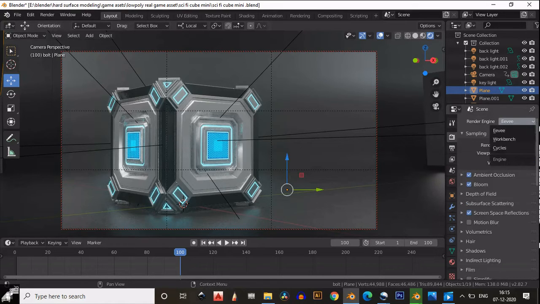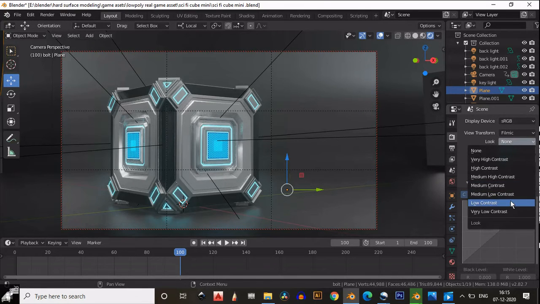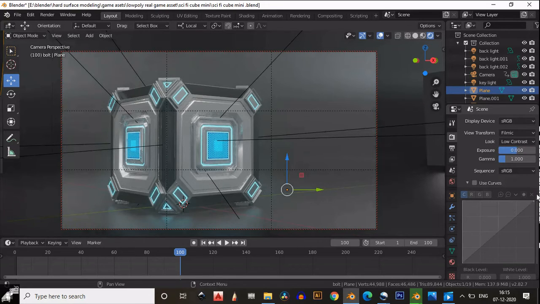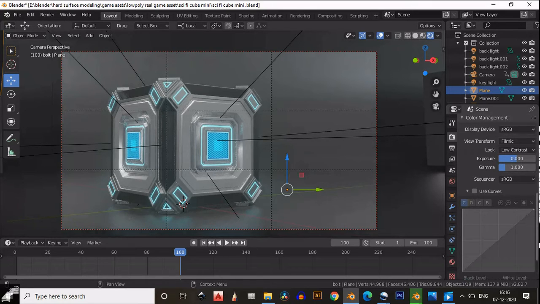If you want to see, here is a simple rendering setup for EEVEE, with ambient occlusion, bloom and screen space reflection. And for Cycles I made a simple setup, and you just need to change the view transform from non-color to high contrast, so you will get a better look.